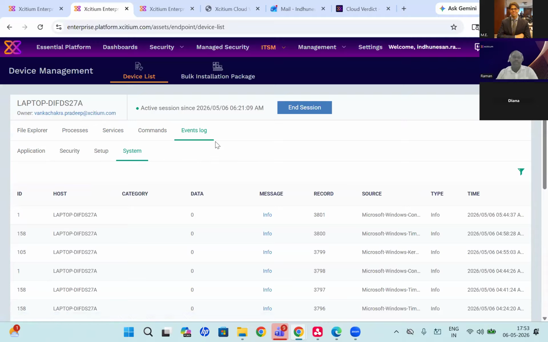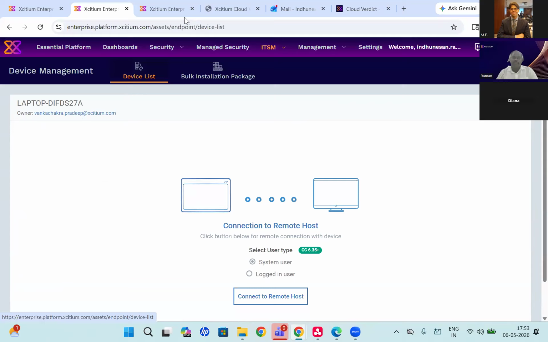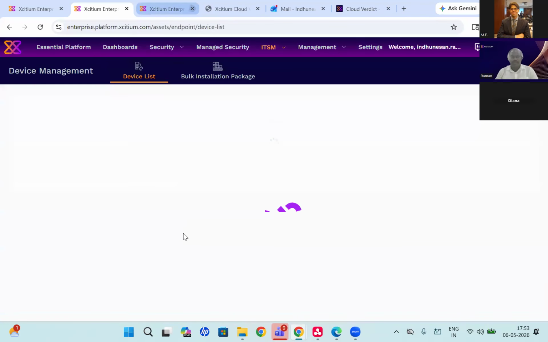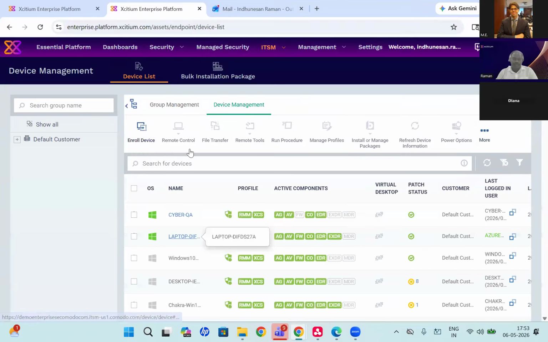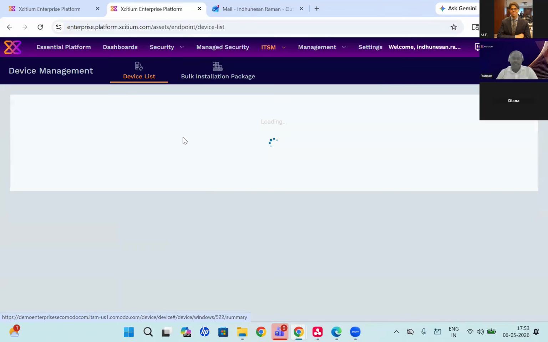Okay, so these are the features we have in the remote tool. You no need to go to the individual system to troubleshoot these types of issues. Everything you can manage from this centralized panel itself. Again, we can go into the device list. Once you click the device again,